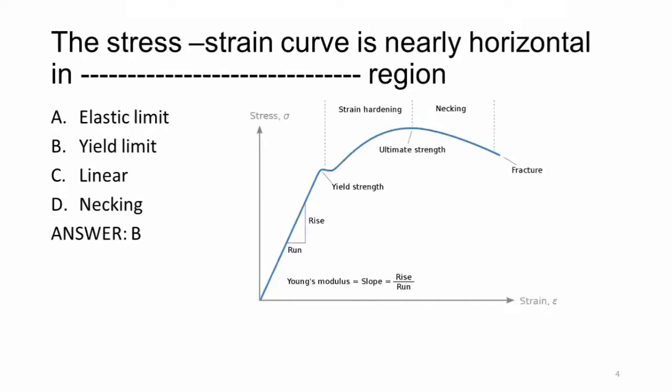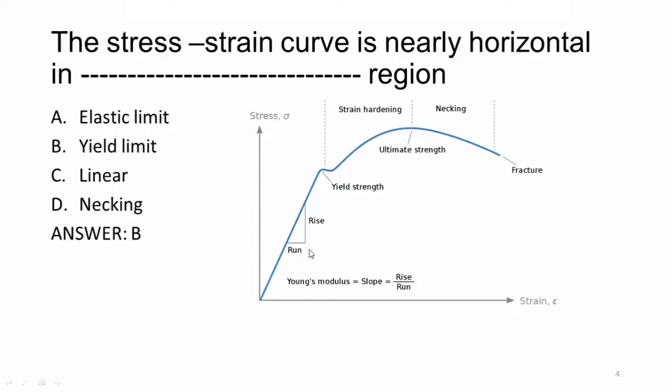This is the stress strain curve in the yield region. Here we have shown the yield strength, and here we can see the stress strain curve is approximately horizontal. This is actually the enlarged portion of the stress strain curve. Here the upper yield and lower yield take place, and after this, up to ultimate strength, we can see there is strain hardening, and after strain hardening there is necking. This region.